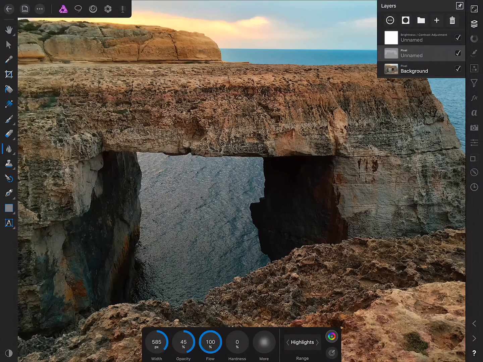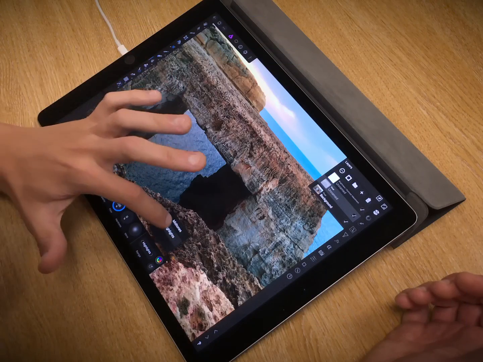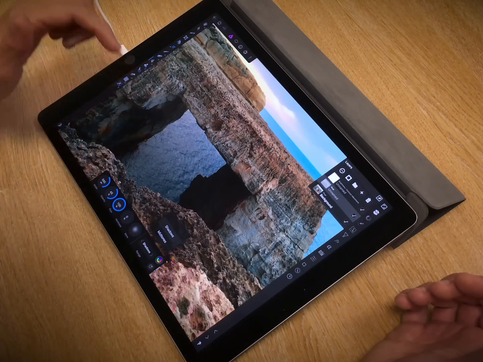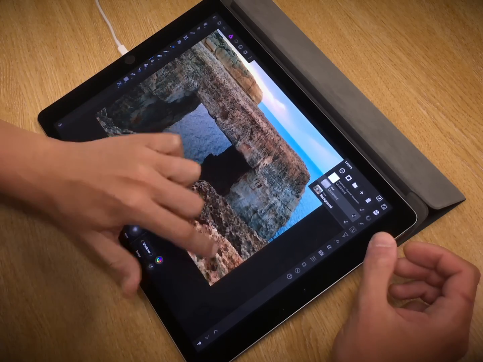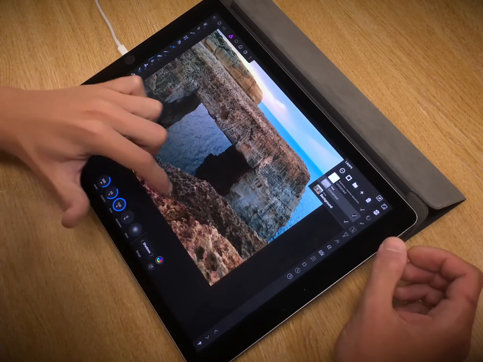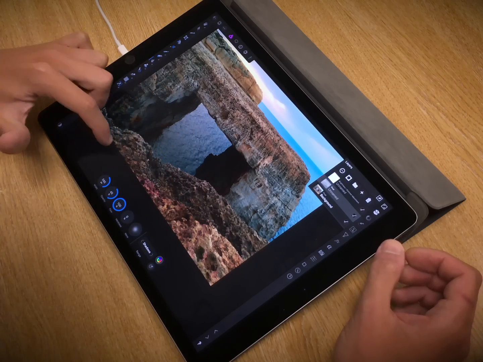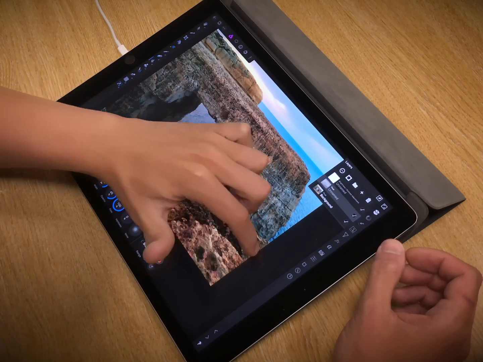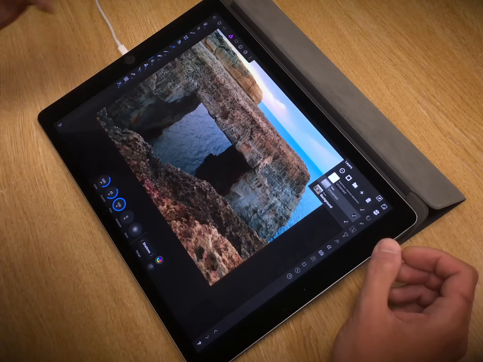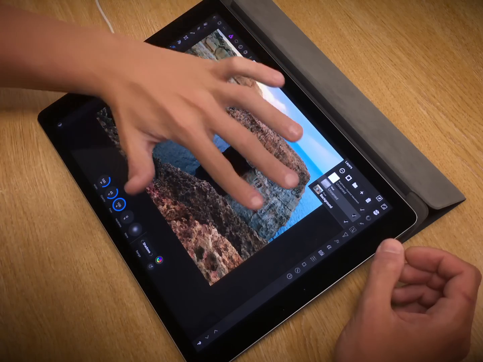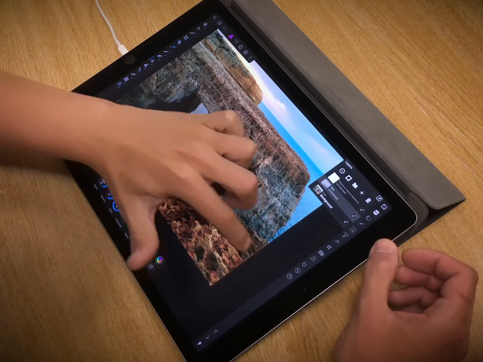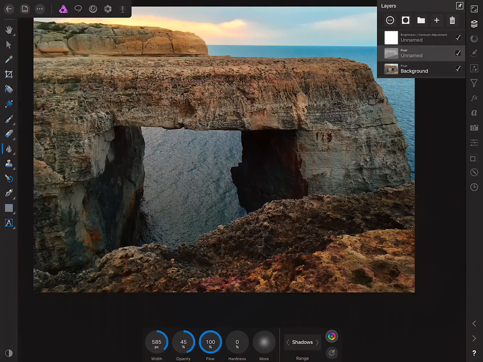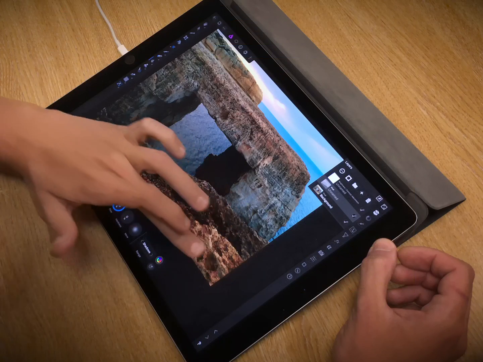Like so. And since we're on the burn brush, let's change the range to shadows, and I'm going to darken this foreground area to try and lead the viewer's eye away from it. I want the eye to settle on the middle area of the image here. So again, I can just burn the foreground here,